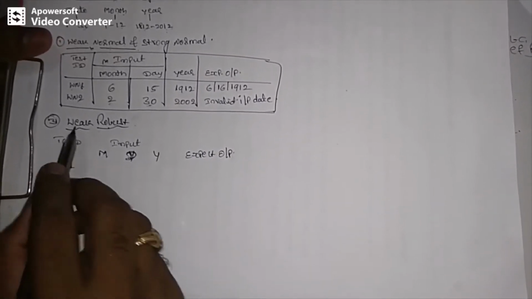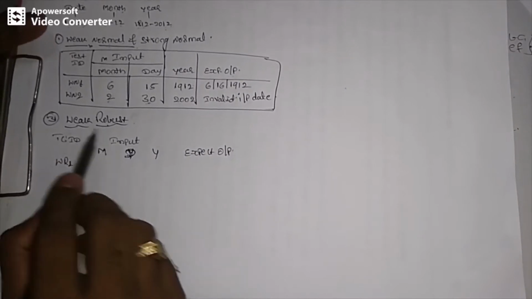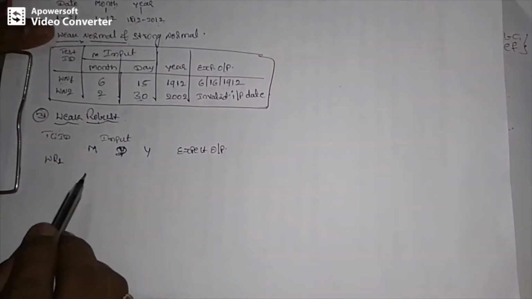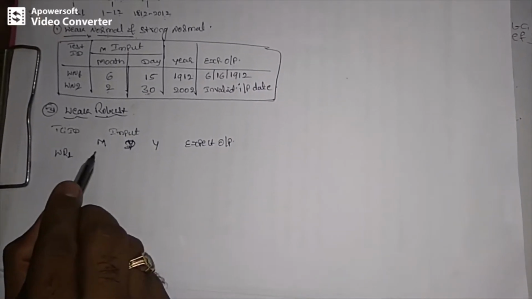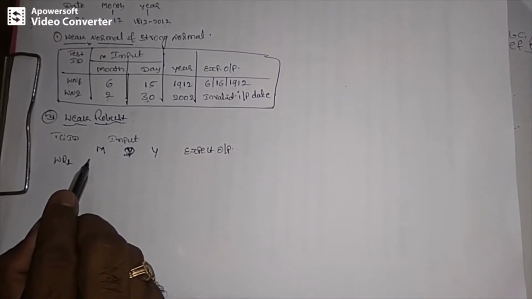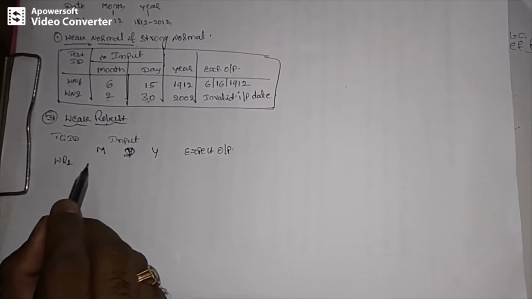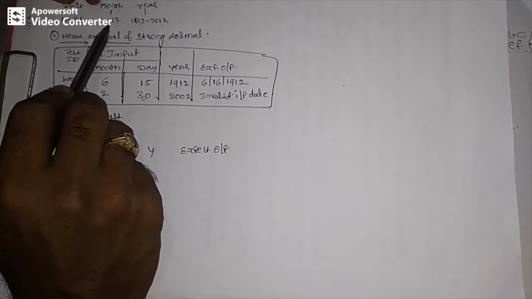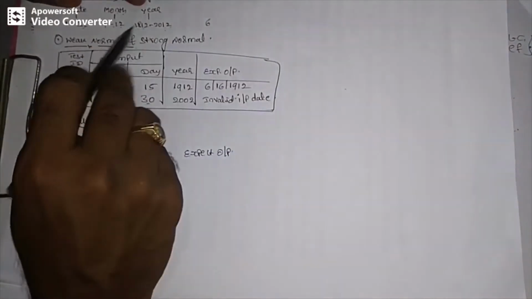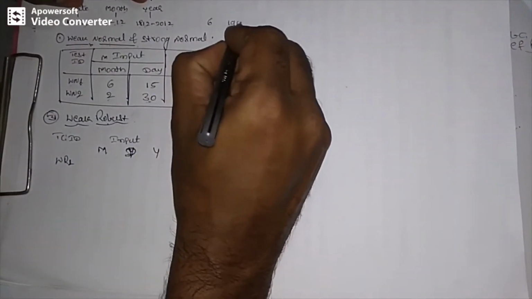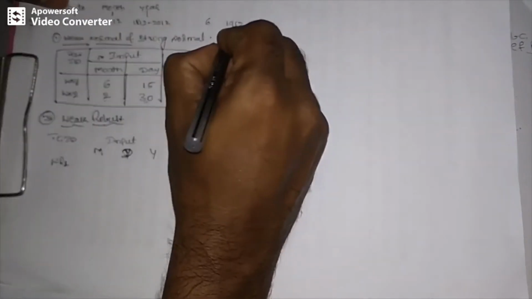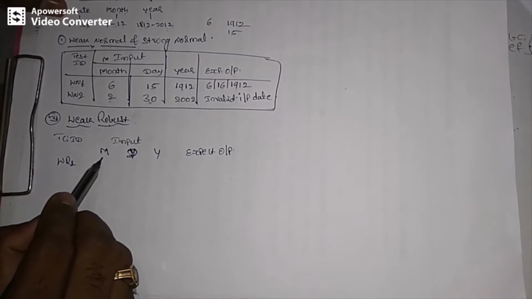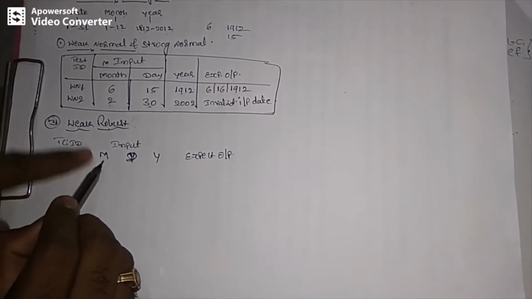In the last video I told how to specify the test cases under weak robust for a next date program under the equivalence class partitioning method. So it is a single fault assumption. One input should be invalid, the other inputs should be nominal. Month nominal value is 6, year nominal value is 1912 and day nominal value is 15.